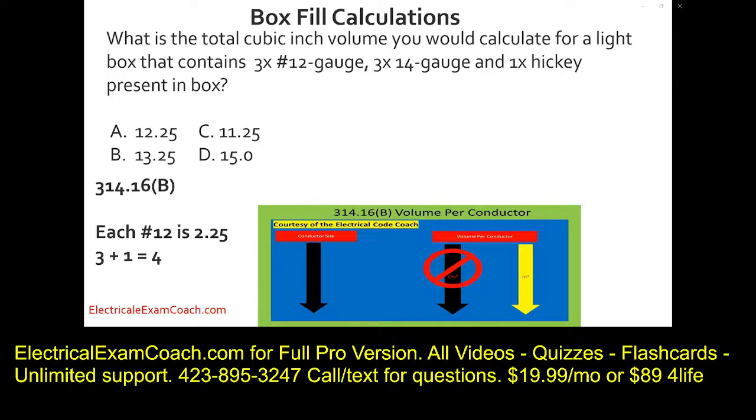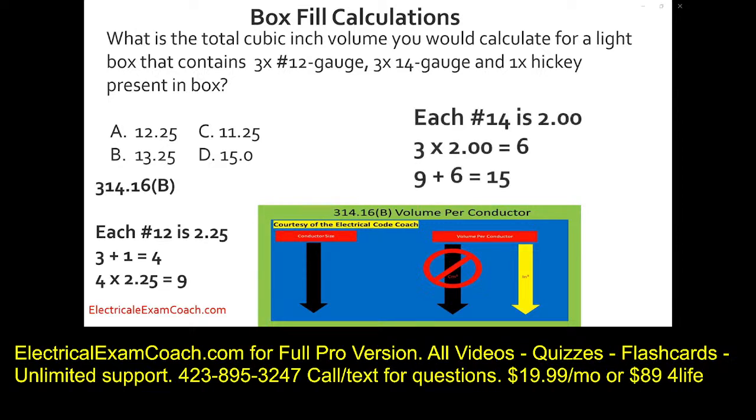In this case, we have 1 hickey. Each hickey counts as 1 based off the largest conductor that's in the box. And what we're going to do is group it with the 12s. We have the 3 original conductors, the 1 fitting. We have 4 number 12s. We bear that math out and end up with 9 cubic inches. Now let's deal with our leftover conductors. We have 3 14 gauges. We take and bear all that math out. Then we total it together and we end up with 15 cubic inches that all of this is taking up